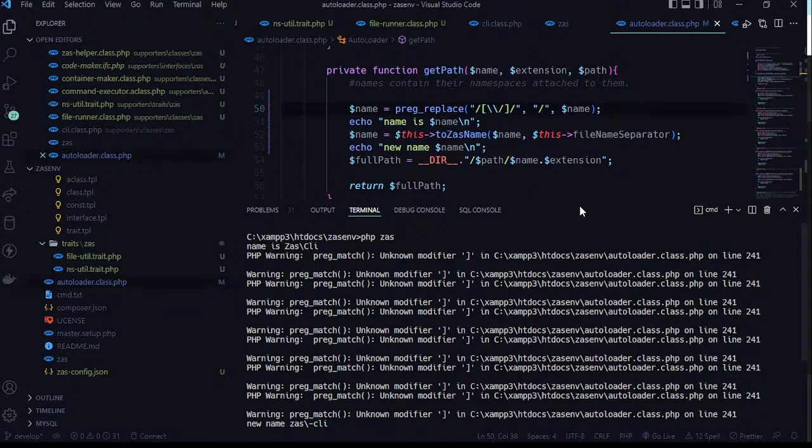And it actually didn't replace anything. Wait, what's happening here? You know what? Let's search for some regular expressions that do that. Regular expression to replace